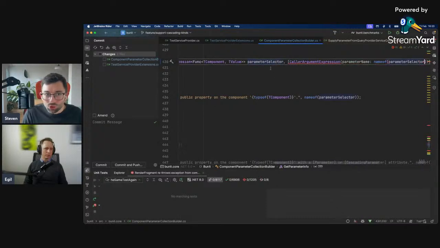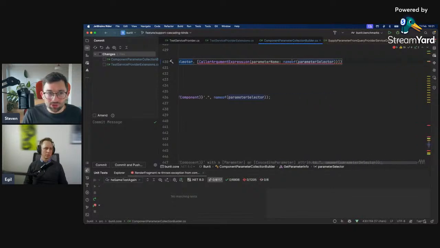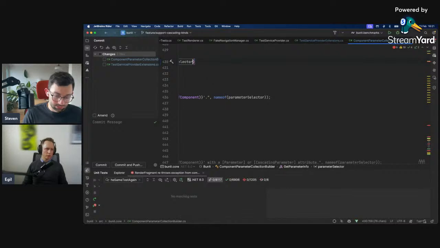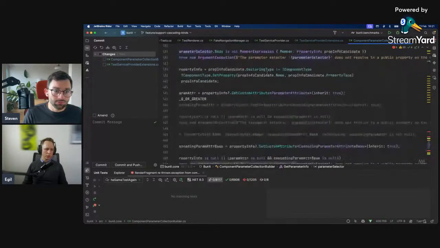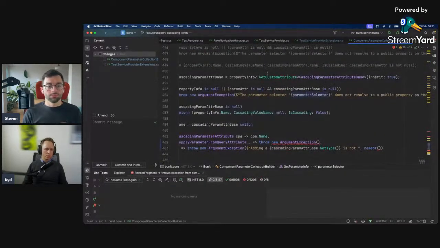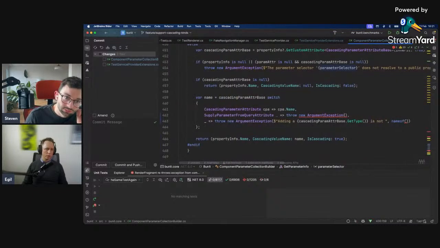I would like that more than to have this because no one is helped with that. Or maybe it is. Maybe I'm doing too much right now. You know where I'm driving at with that? Yeah, so you can print out the full expression. Yeah, exactly. But no, I don't think you need to because we already have fairly robust, if you remove that bit, that would be a different thing. But we already have, as you can see here, the parameter selector. If you just do toString on the parameter selector, it will tell you which